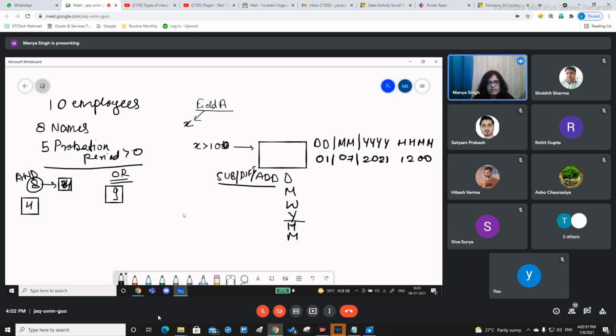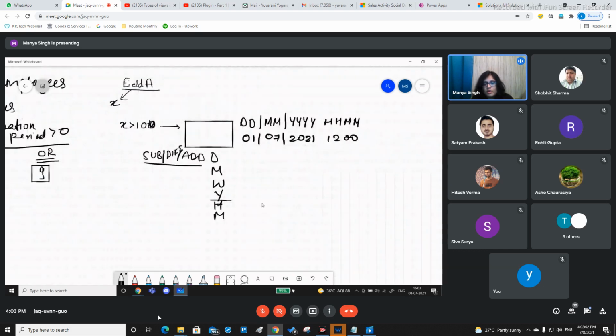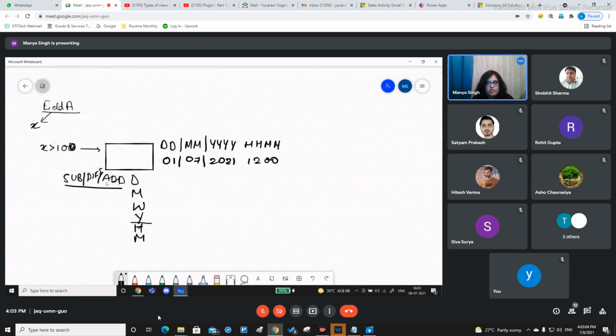Now this calculation basically entails that whatever whole number, this x which I've added, this whole number will be taken up in days, months, weeks, years, or hours. Not minutes, just hours.